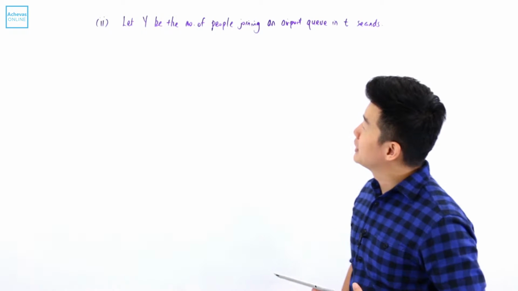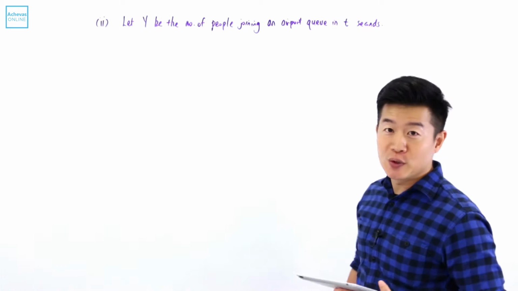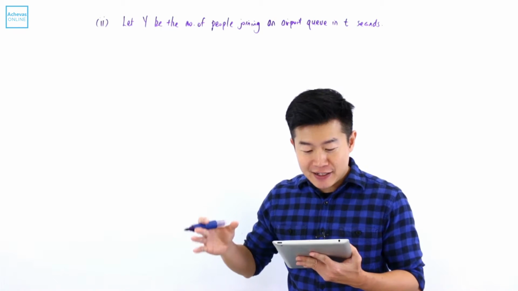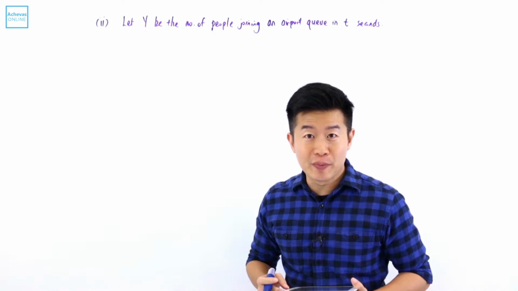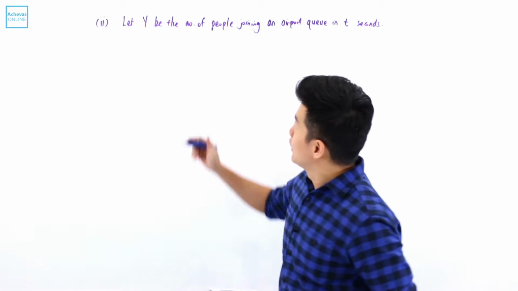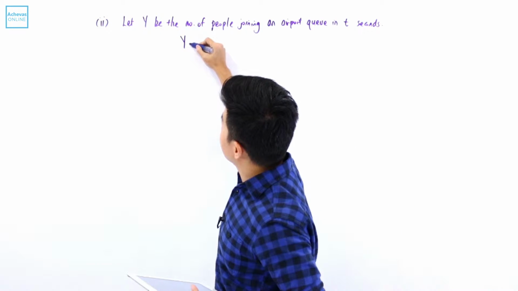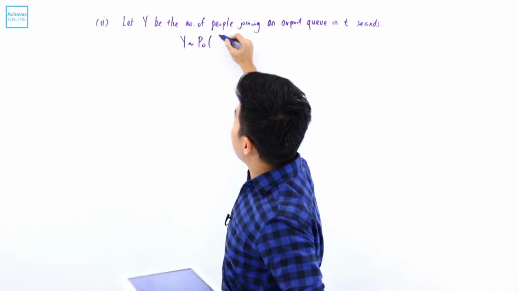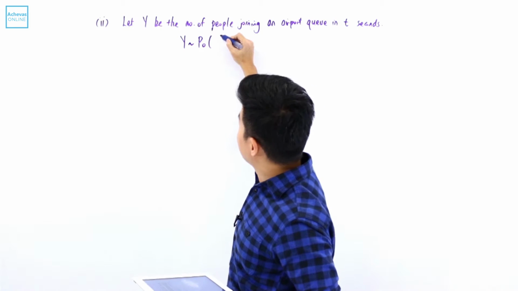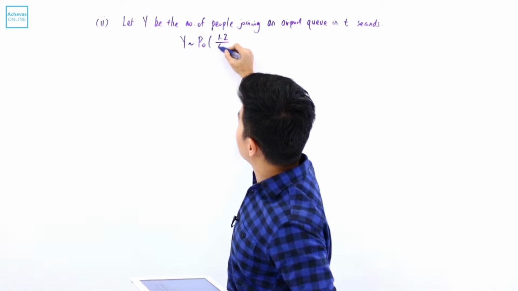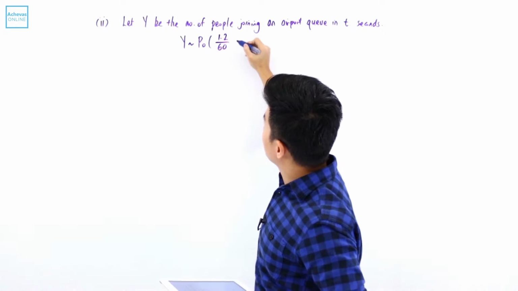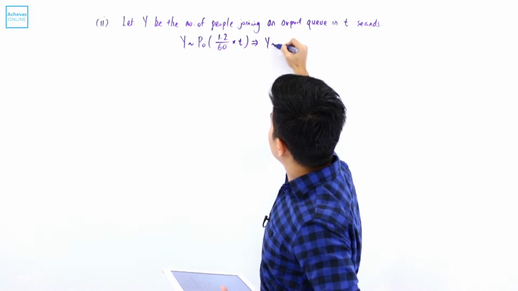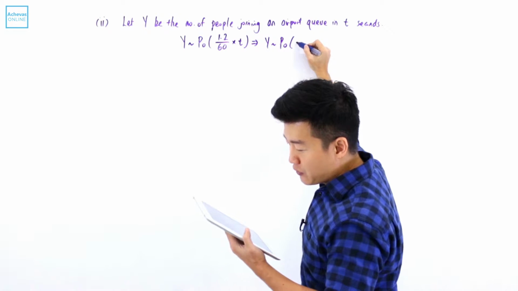I'm letting y be the number of people joining an airport queue in t seconds. According to the information given, there is an average of 1.2 people joining the queue per minute, which means that y follows a Poisson distribution. The average number of people joining the queue per second is 1.2 divided by 60, and now we are talking about t seconds, so this multiplied by t, which means that y is going to follow a Poisson distribution with an average of